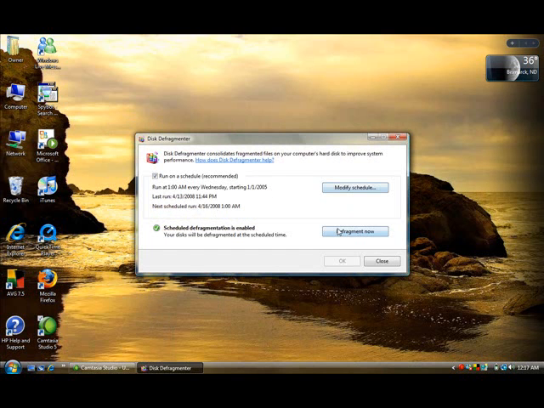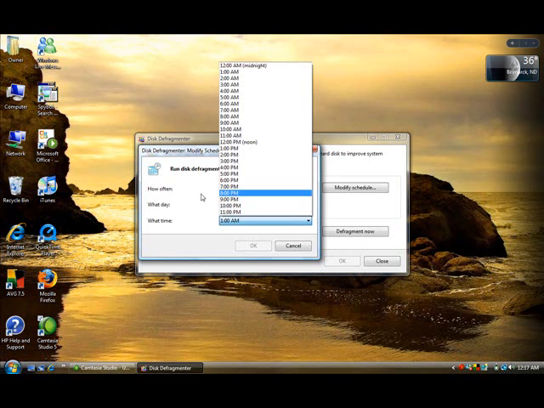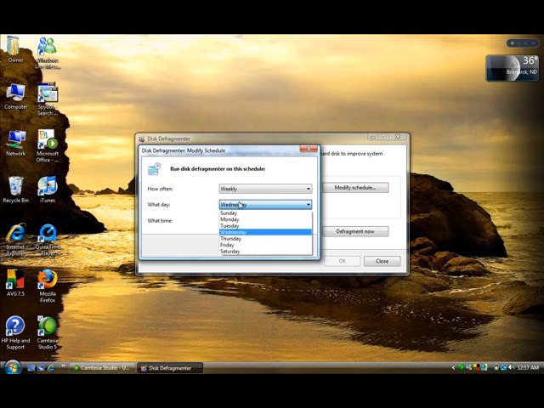and then you can start your defragment now if you want. It's very simple, but I don't want to do it right now, so I'm just going to cancel it. And you can always set up a schedule, so you can have it defragment weekly. Defragmenting at the time kind of slows your computer down, so you might want to set it for like when you're sleeping or something, so you can set it for 1 o'clock a.m. or any time of the day you want pretty much, and you can set it for what day of the